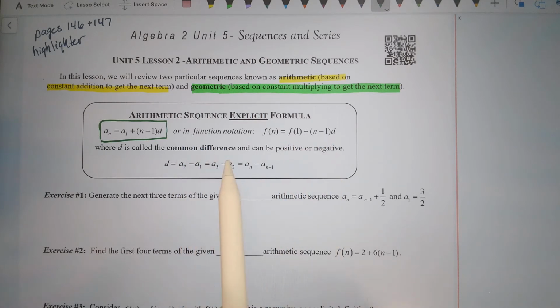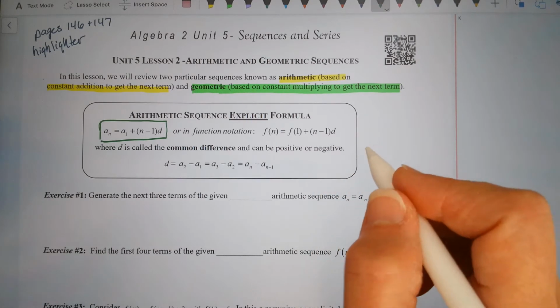Now, what is d? D is the common difference, or it can also be thought of as your constant addition. Now, how do you get the common difference, the d value? It's the difference between two consecutive terms. What if you don't have consecutive terms? If you don't have consecutive terms, then what we would do to find d